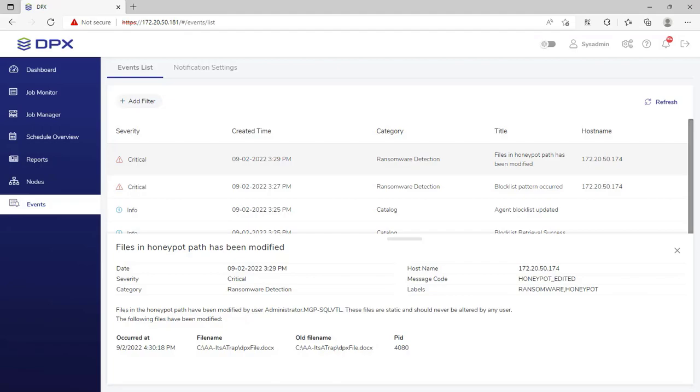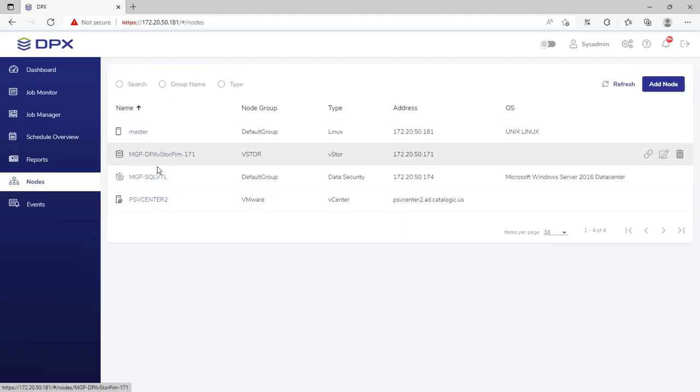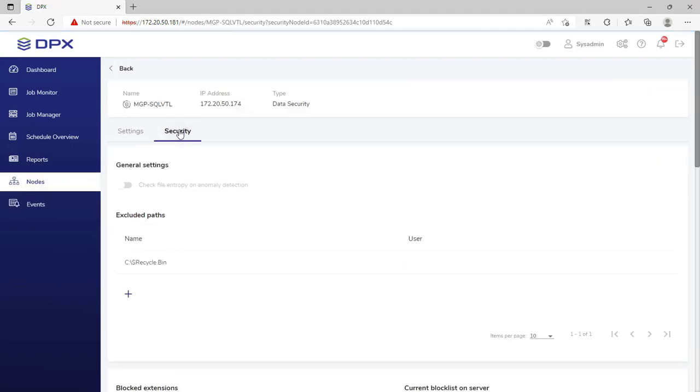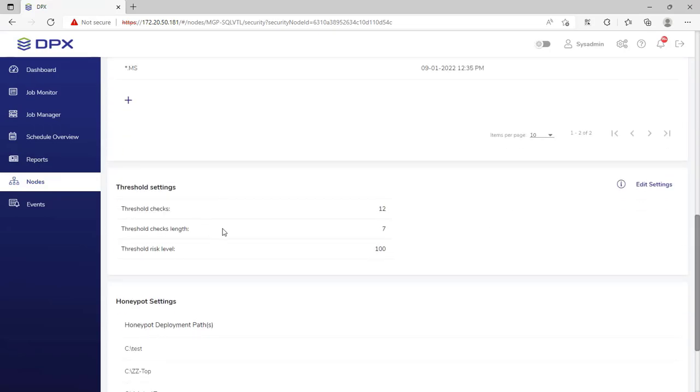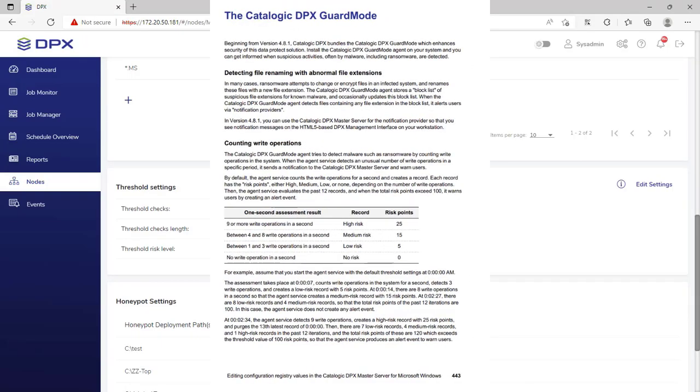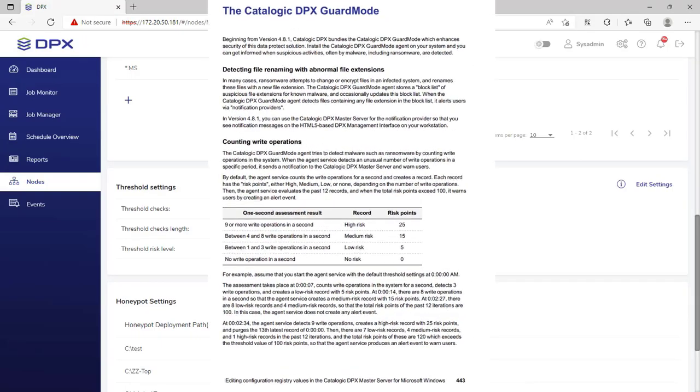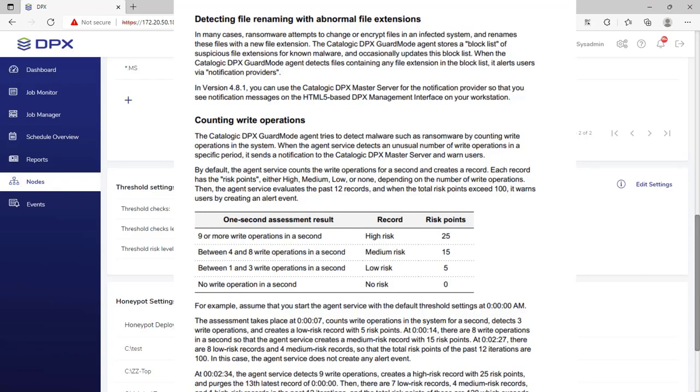And for suspicious behavior that occurs outside of a block list or a honeypot, we have pattern matching and threshold detection capabilities. And these settings are also under the security settings for the node. So let's jump back there. There's a section here under the security tab called threshold settings. There's a good write-up in the DPX user guide on page 443